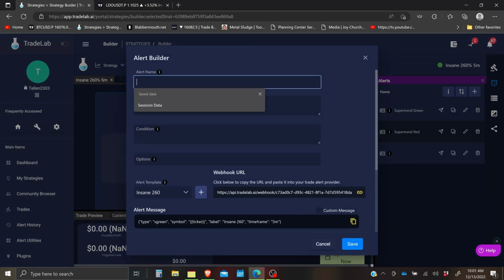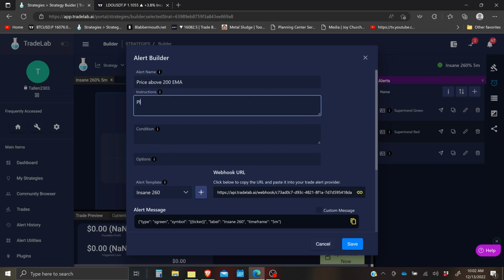Now we're gonna make two different alerts for the price above the 200 EMA. So the first one's gonna be price above. So we're gonna place